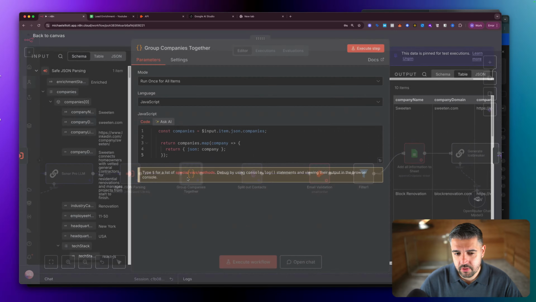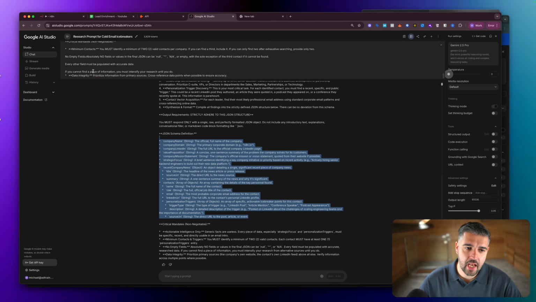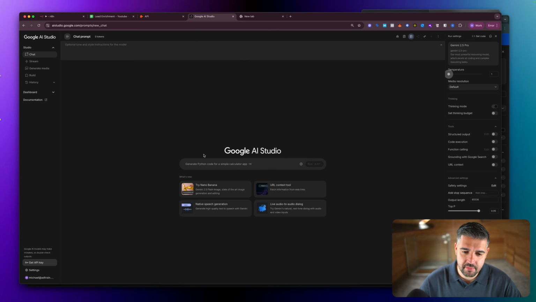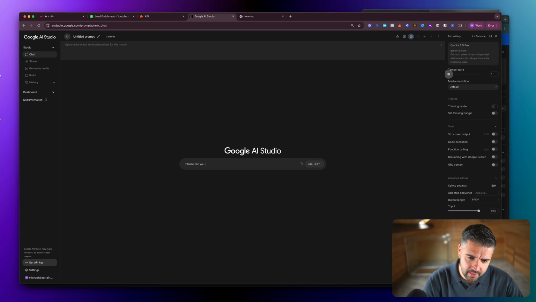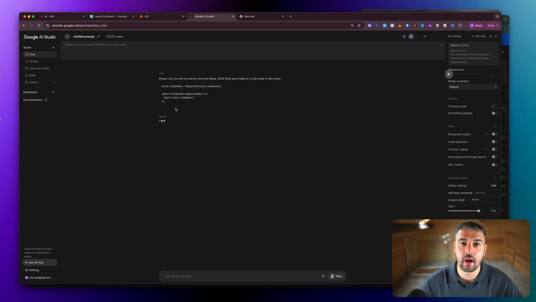Do I need to go into any more detail about this? Whenever you see a code node, take it over to your favorite AI system. Turn the temperature down if it's possible. Please, can you tell me exactly what the below JSON does? The below JSON that was inside of a code node in n8n. You'll find a lot of templates that you'll probably be looking for and running through do have code nodes inside, and you don't need to learn to write